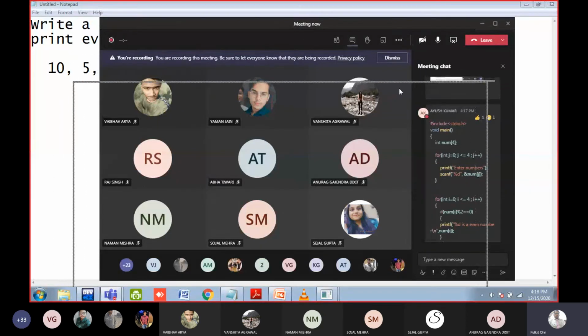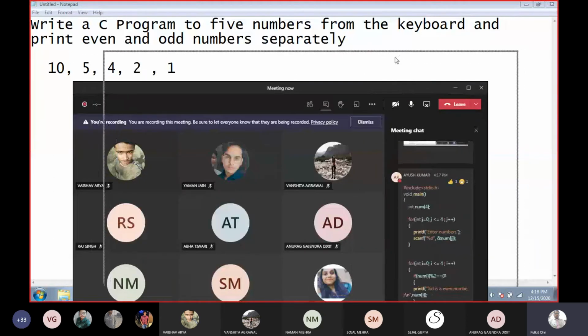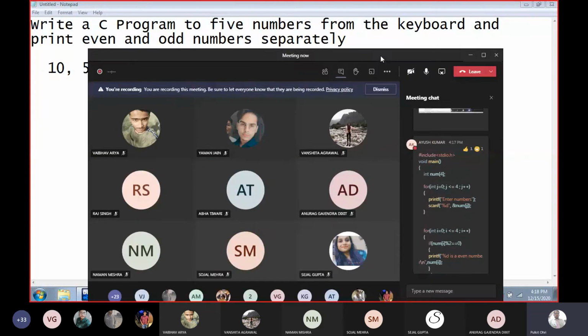Other students, do it ASAP. If you have some issue understanding the topic, you can ask, because array is the main topic, it is used everywhere. It is the most famous data structure. Data structure means it is something that holds the information.